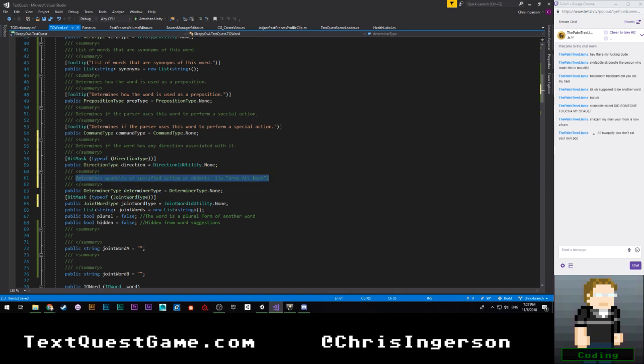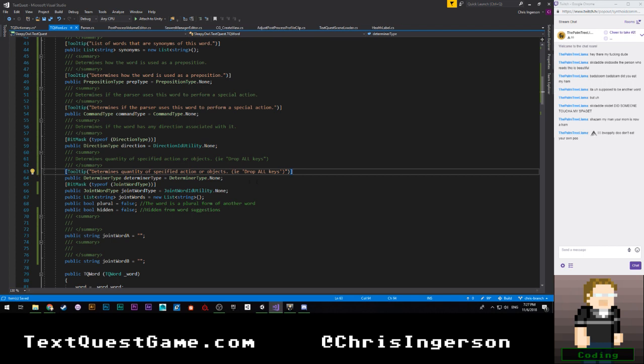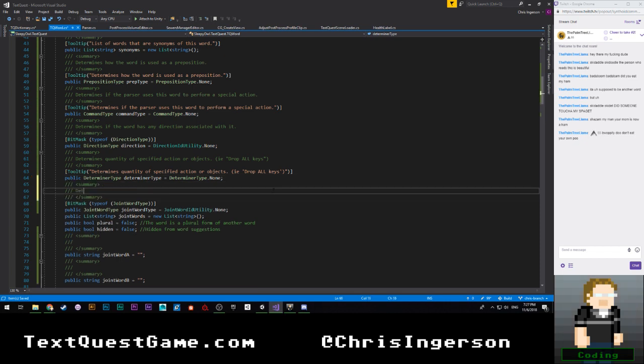All right, let's go ahead and copy this. Tooltip. All right. Oh, right. Yeah, that's going to go a little nuts here. Let's do that. All right. Joint word type. Determines if the word has a pairing with another word,